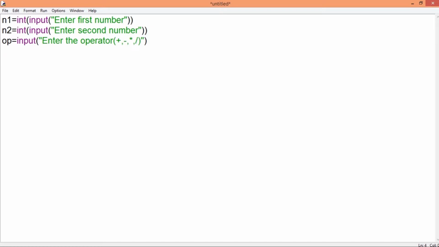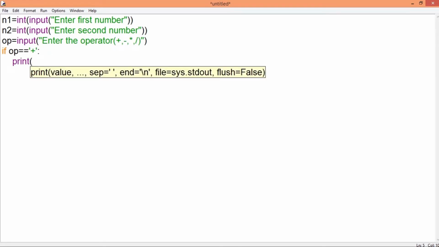Now, depending on the operator entered by the user, I would like to perform the task on the variables n1 and n2. So for this, I will write the first condition with if the value in op is equal to the plus symbol. That means if the user inputs the plus symbol, then on the screen I would like to see the sum of n1 and n2.